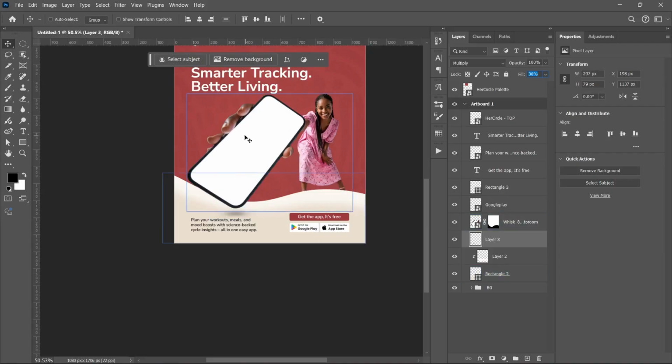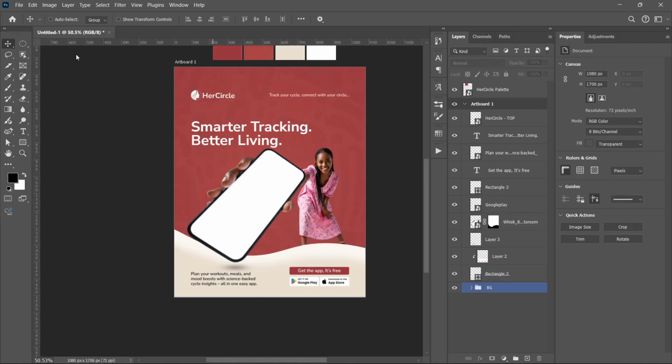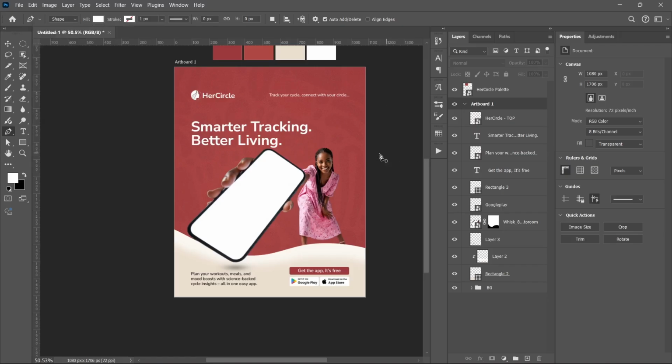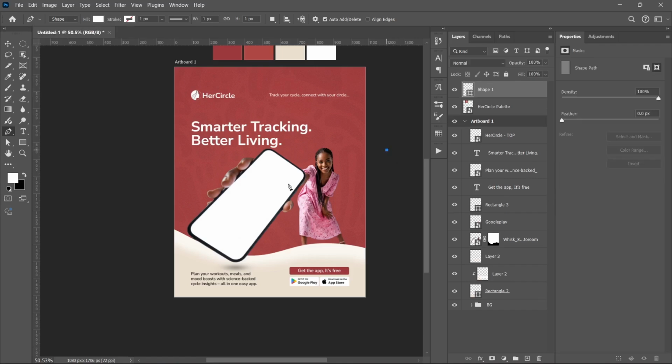Next thing I'm going to do is create a white outline at the back. So I'll select my pen tool, I'll come to the back like this, I'll click here, I'll come inside the phone, click, come somewhere here, click, come here, click, and then I'll cover it up. Okay, I actually made a mistake. Before I start all the clicking, I have to make sure there is a shape. So go to the top, change the path, make sure that the path is not there and the shape is selected, right? And make sure that the color of the shape is white or whatever color you want to use, but I'm using white. Alright, so you come back outside here, click,